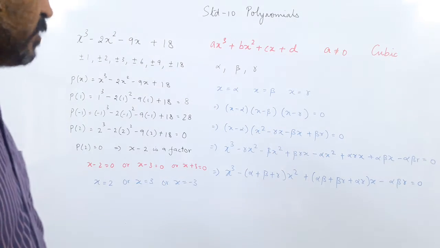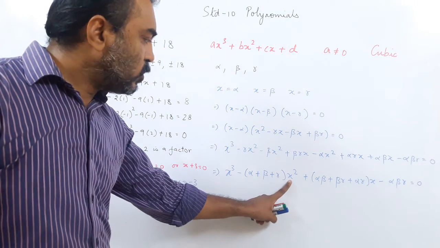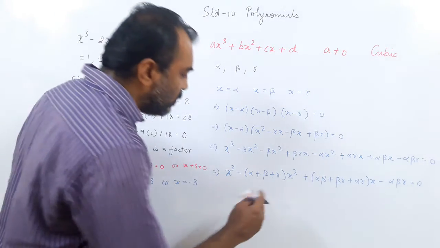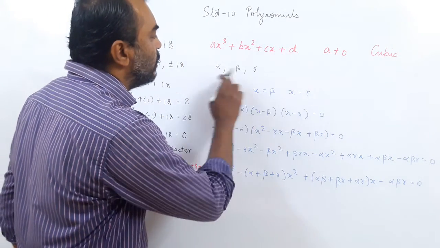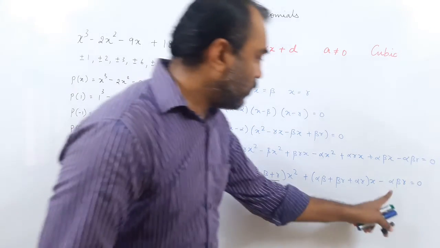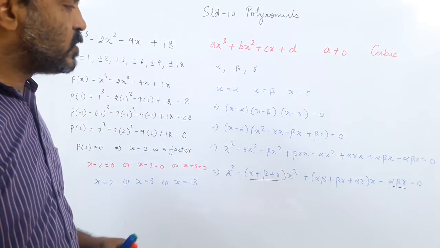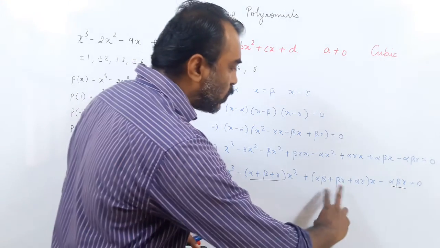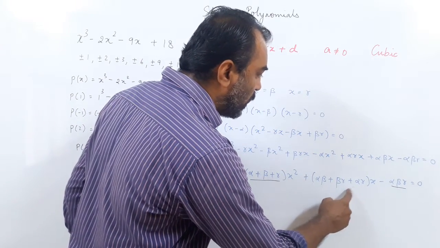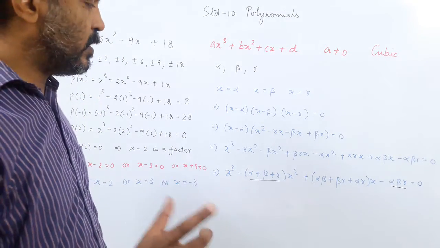So here we are getting something else from the previous. Can you see x cube? Then what is the coefficient of x square? The sum of all the three. So you can see what we got. Here the roots were alpha, beta and gamma. Here we have the sum of the roots. And alpha into beta into gamma, here we have the product of the roots. But we have something else also. We have got the product of the roots taken two at a time. Means alpha into beta, beta into gamma and gamma into alpha. So here the roots are taken, the product is taken, but two at a time.